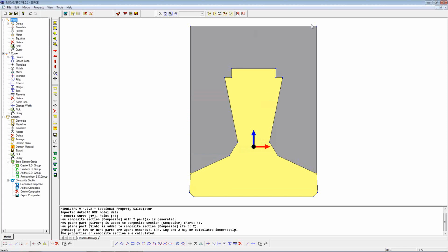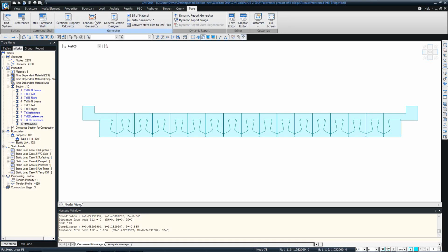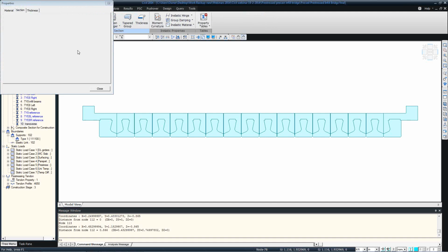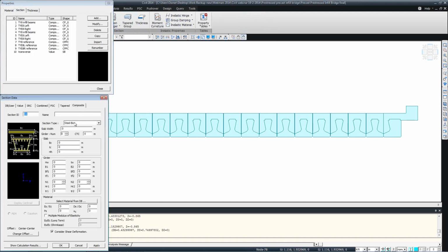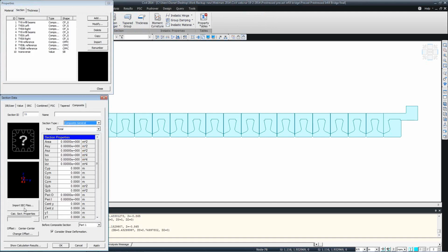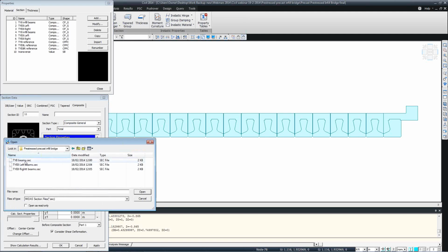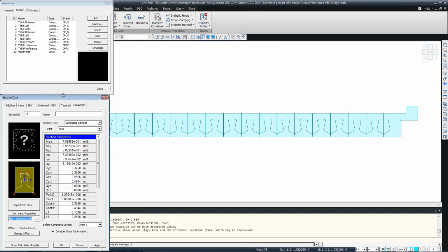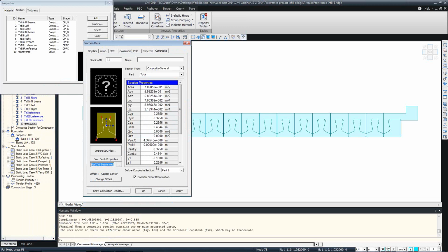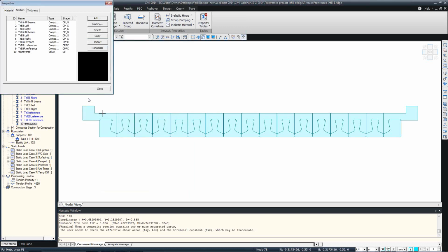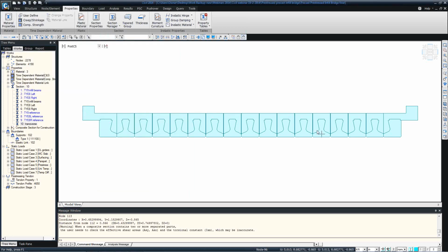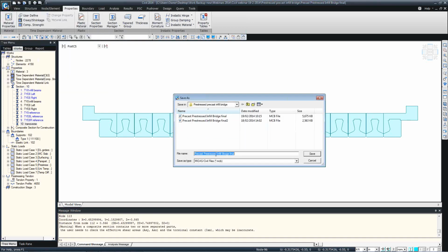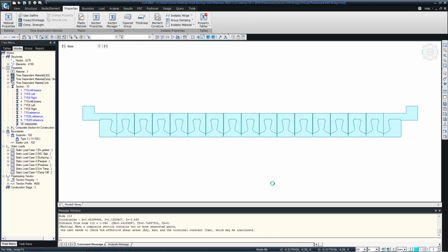You can save any section like this and then open them up in properties section, add composite as a composite general section, and say precast beams. So that's the section here. You can use it now for analysis. Just assign it directly to any beam. To assign tendons to this section, a simple way is to first create a reference beam. So if I just save as